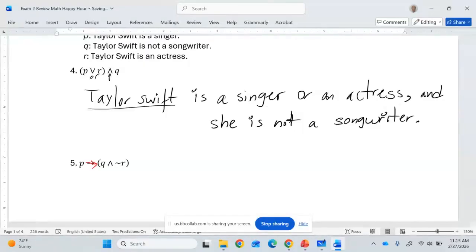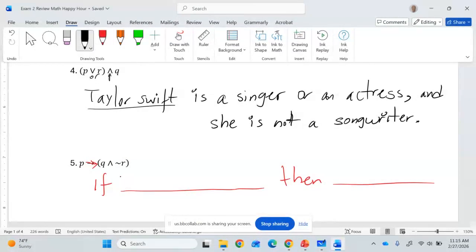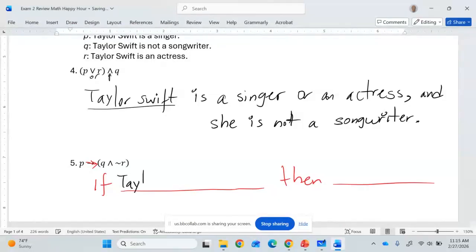So because that arrow is there, I'm going to start with if, and then I'll put whatever P is, and then the rest of it. So P is Taylor Swift is a singer. So I'm going to start by writing that. If Taylor Swift is a singer,